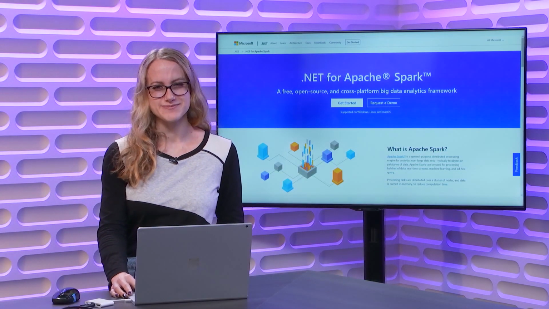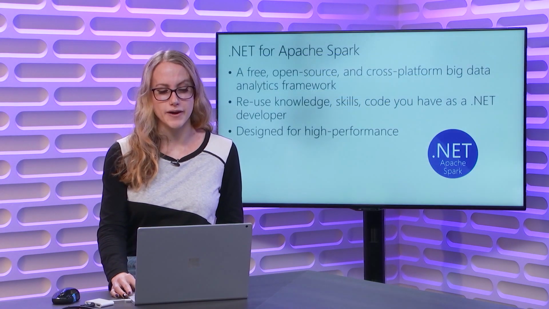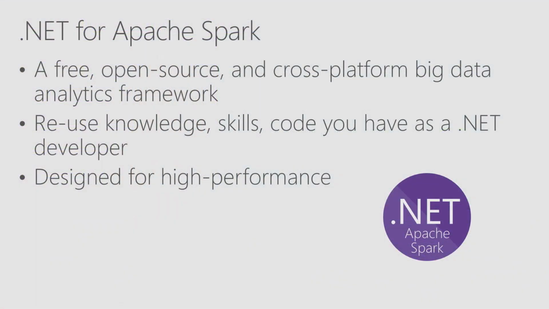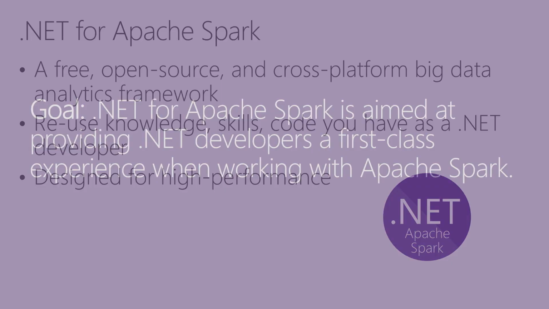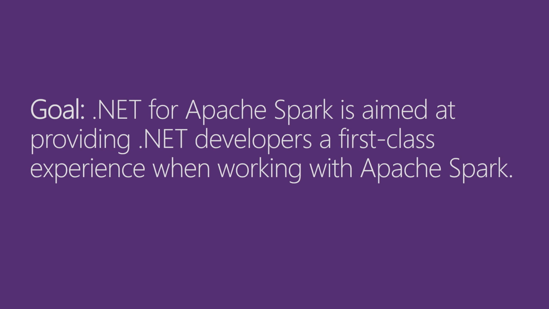Apache Spark. .NET for Apache Spark is a free, open source, and cross-platform big data analytics framework. It allows us to reuse the knowledge, skills, and code we already have as .NET developers. So anywhere that you maybe have an extensive C# or F# code base, now you can go ahead and introduce big data analytics within it. .NET for Apache Spark is also designed for high performance. The overall goal for .NET for Apache Spark is to provide .NET developers a first-class experience when working with Apache